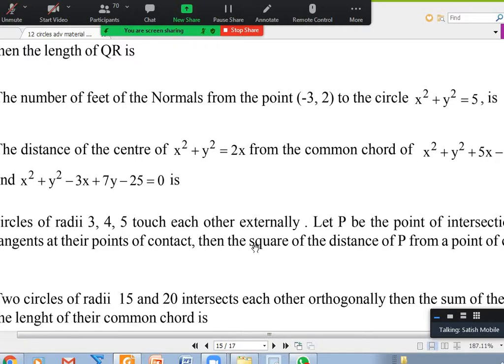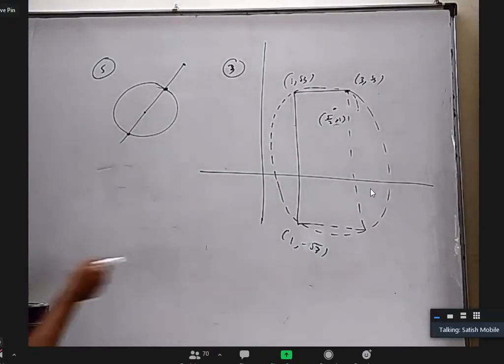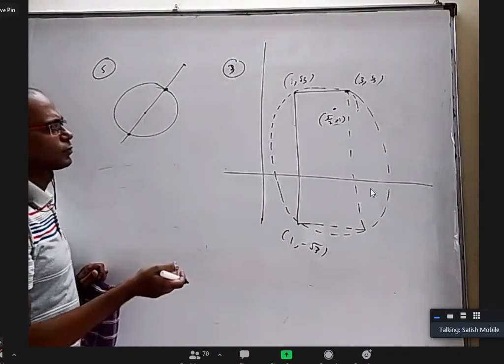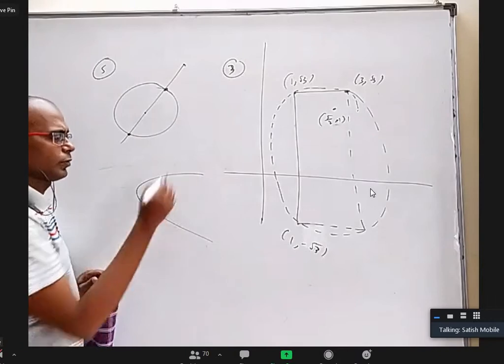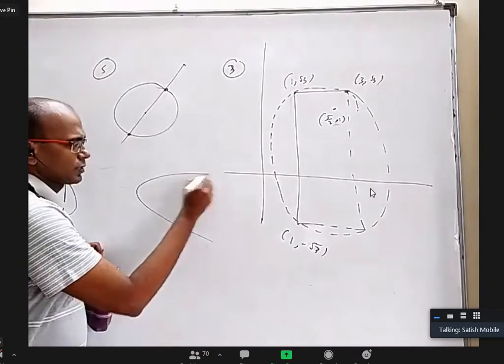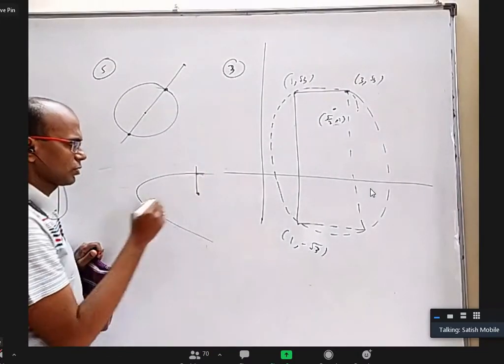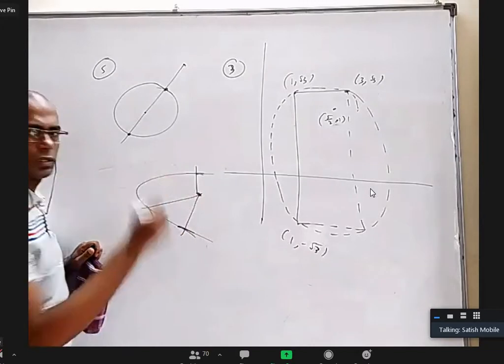But this one has 2 feet because this line is normal at 2 points, here also, here also. We have a similar question in future chapters. It is more useful there than in circles. For example, if you take a parabola and take a point inside, there will be 3 normals. Somewhere the normal here passes through this, somewhere the normal here passes through that, somewhere the normal here passes through that.